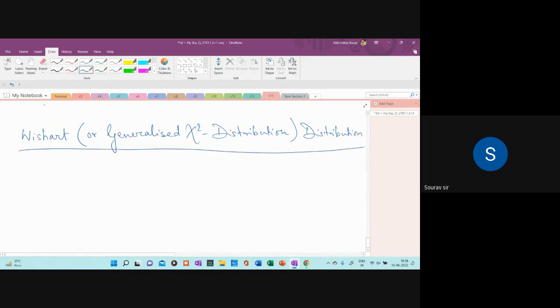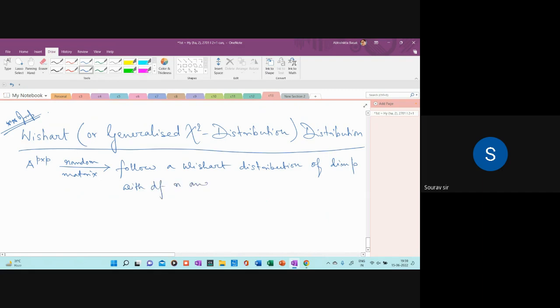It is the Wishart distribution, and it is very important in the context of the multivariate. It defines that suppose we have a random matrix A of order p cross p, so A is going to follow a Wishart distribution of dimension p with degrees of freedom n and parameter sigma, p cross p,